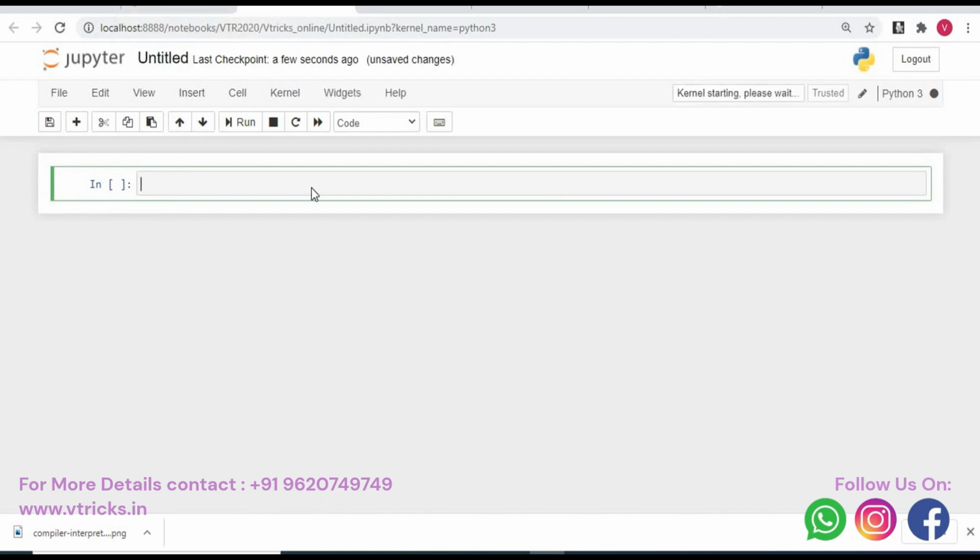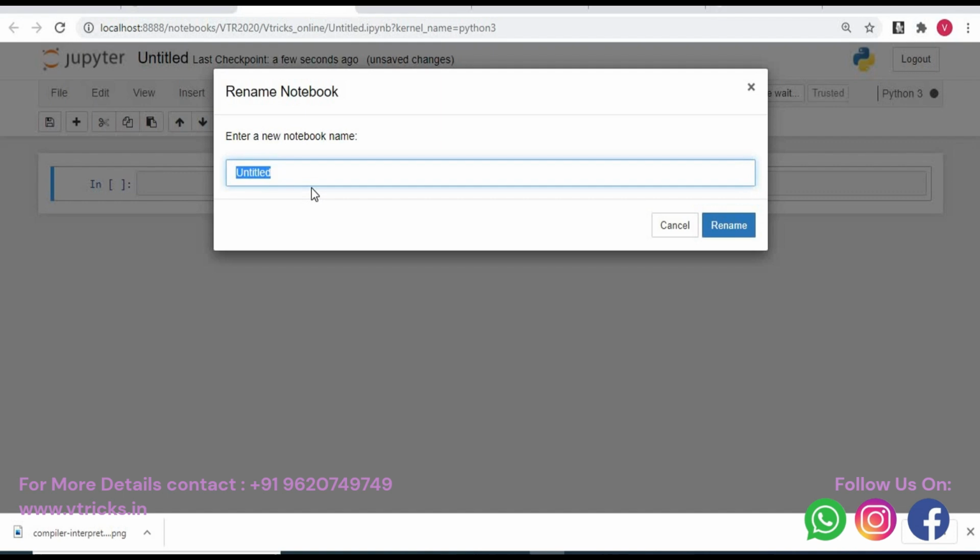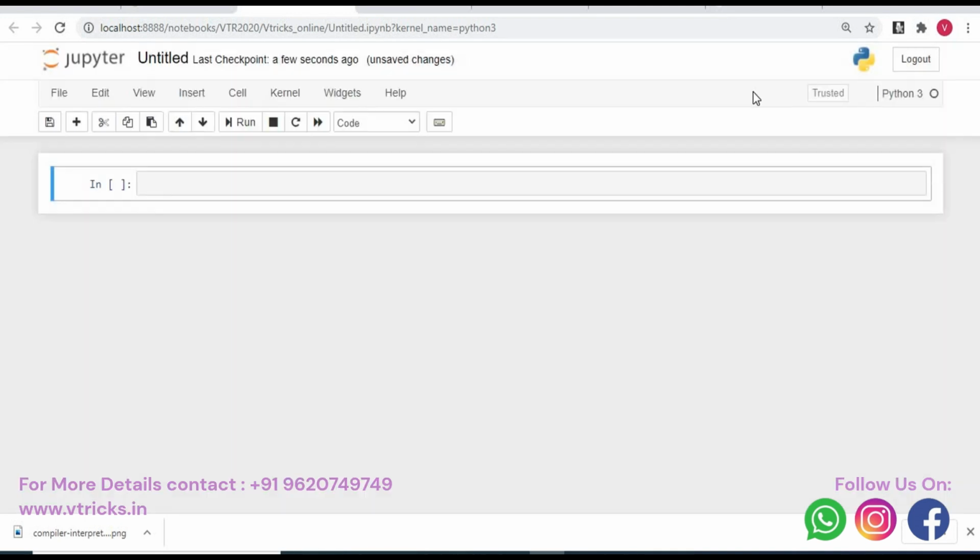You can rename it, you can go here, you can click on untitled, you can give whatever name you want for your reference. Next time if you want to open, you can just open the Jupyter Notebook, you can go to the particular folder, you can go to the particular file and you can start running accordingly. This is all about how to open the Jupyter notebook and how to open the new folder and how to open the new file and how to rename it accordingly.